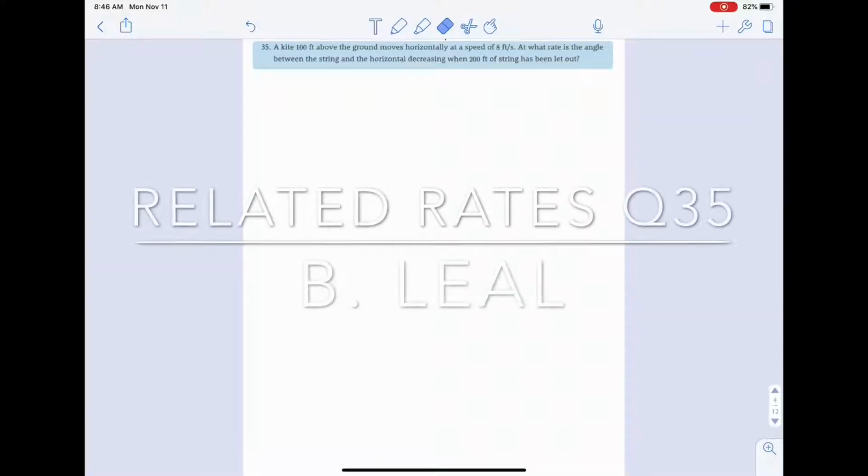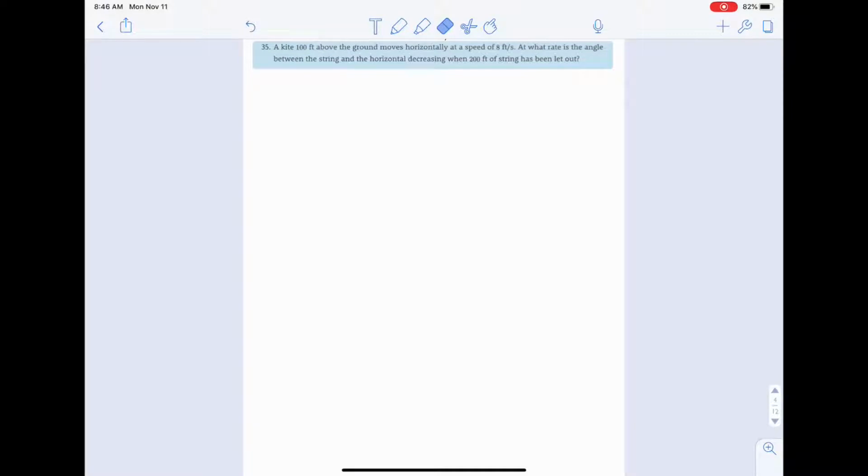Problem 35. A kite, 100 feet above the ground, moves horizontally at a speed of 8 feet per second. At what rate is the angle between the string and the horizontal decreasing when 200 feet of the string has been let out? So let's first draw our picture, which would be,